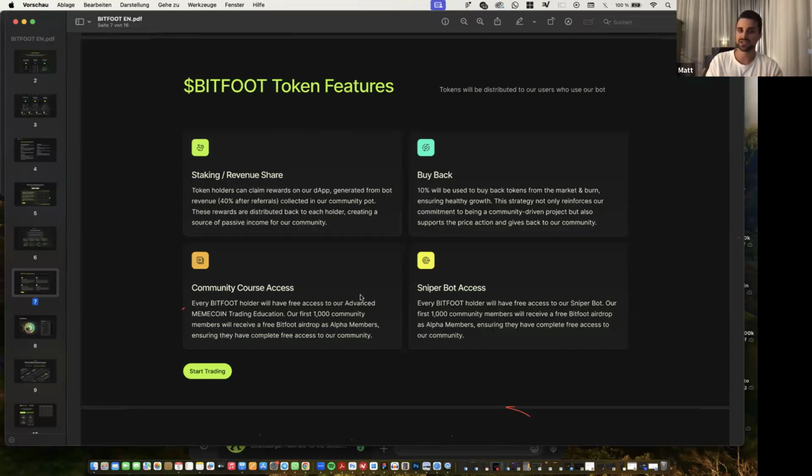and that 10% is flowing into the market, meaning you have buy power every single day from those fees, buying back tokens and burning them immediately. Burning means they get exited from the blockchain. So the total supply of tokens gets decreased every single day, while at the same time you have buy power coming into the market